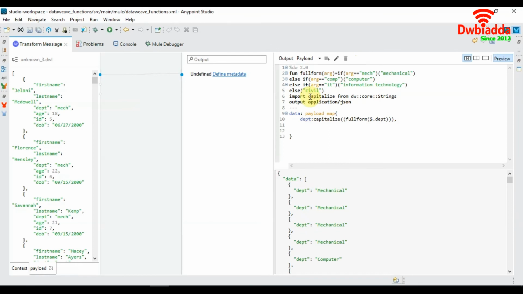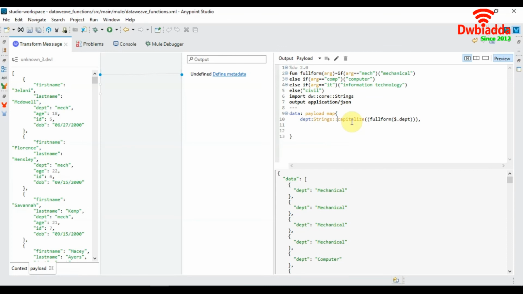So that is how we call modules and use their functions. Another way to call the module is, so this will import the module, but to define the function we'll have to specify it in a different way. So this is another way of calling the functions in a module.